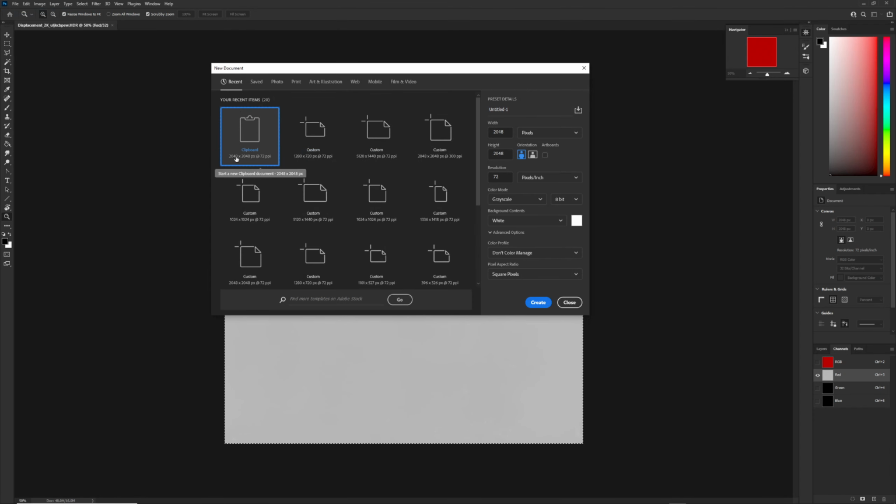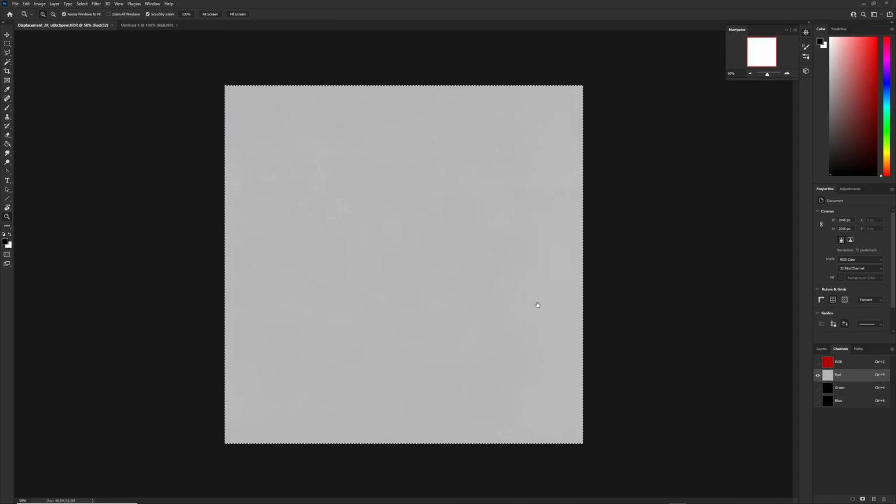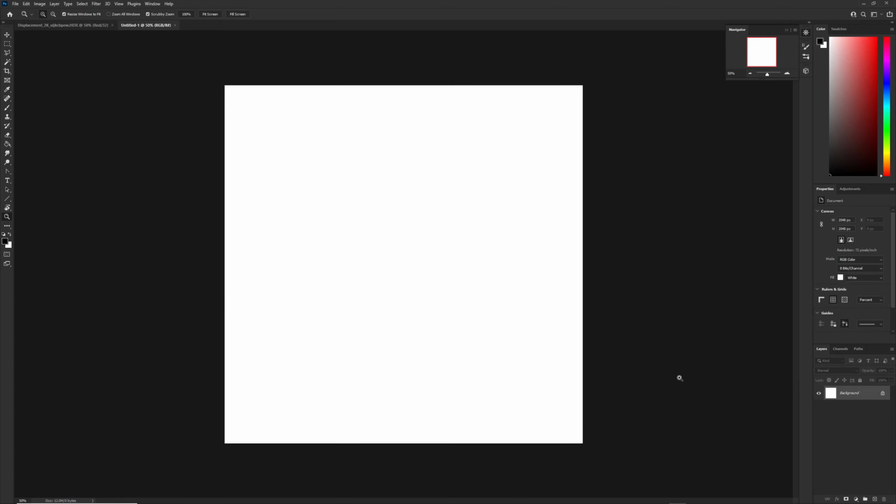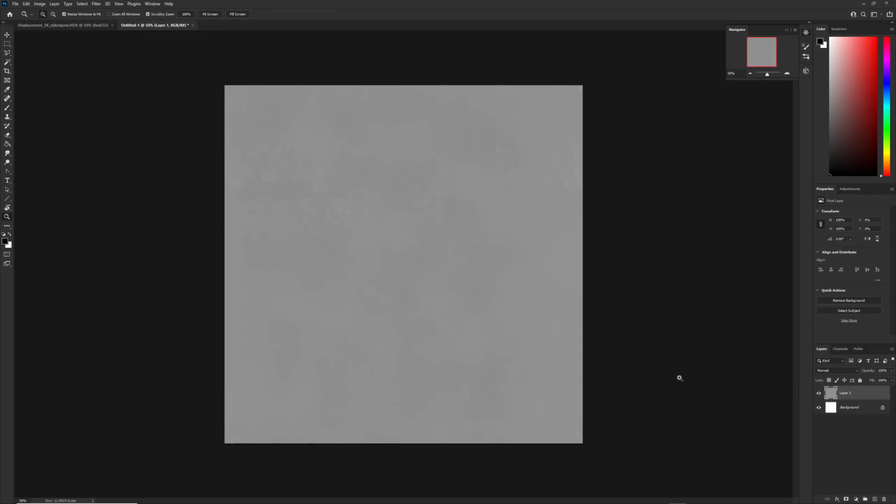It should be the same size as the texture we're grabbing from, which is 2K. I want to make sure my resolution's at 72 pixels per inch. I'm going to change this to RGB color. I want to make sure it's 8 bits, and that should be good to go. Now I'm going to come back to my layers, and I'm going to just hit Control-Shift-V to paste. I can double click on this background layer, hit OK, and then drag that to the trash can, and then